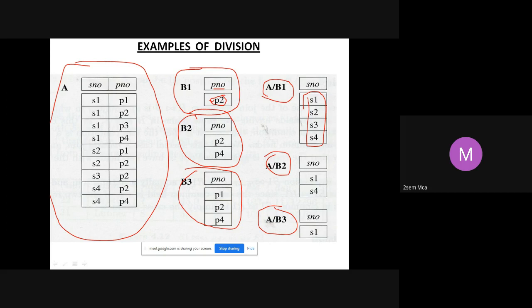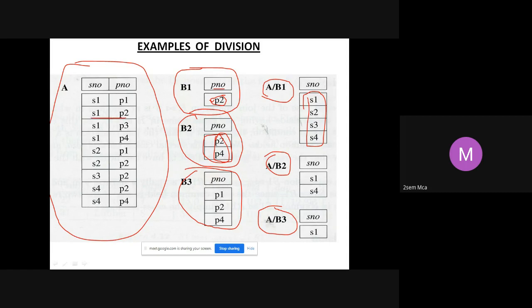That's all. Next subset I am taking is B2. Here in B2 I am taking P2 and P4. Both I am taking here. So who are all the people who are working on all the projects? All means what? P2 and P4. So who is working on both these projects, P2 and P4?